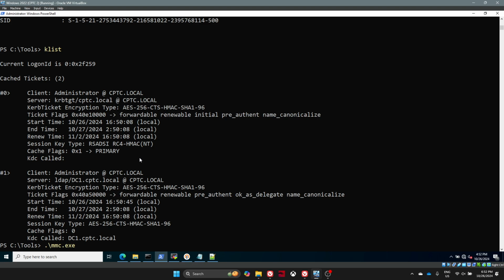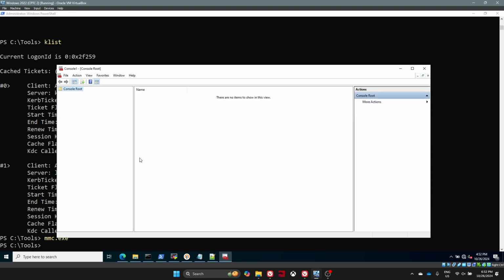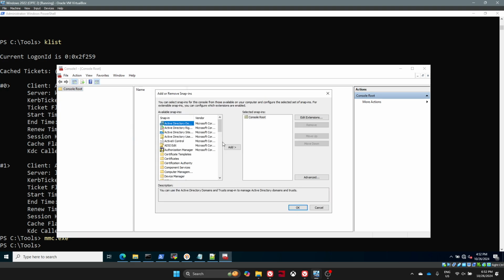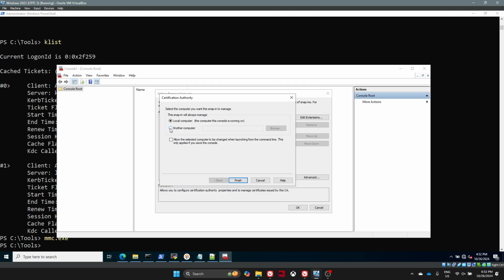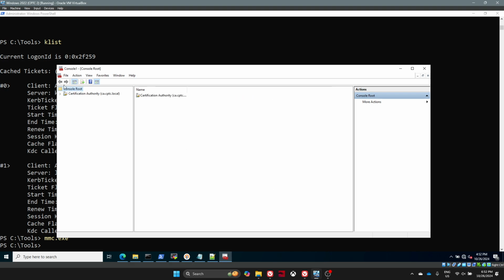But if I run MMC, actually I don't think I need the ./ because it's not in the current directory. And then I'm going to do File, Add/Remove Snap-in, and in this case, we want Certification Authority, another computer, ca.cptc.local. Okay, boom. You could also remove it with Active Directory PowerShell, I'm sure. Or maybe not Active Directory PowerShell, but there's another PowerShell, but